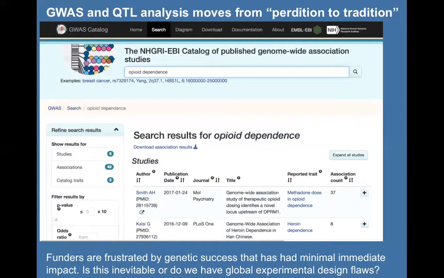And here I just flagged, for those of you who don't know about the NHGRI, European Bioinformatics Institute catalog, a lovely catalog where you can search for any term you're interested in and get a list of both studies and GWAS hits. So in this case, for opioid dependence, you can see there's a little button that says 49 associations. Those will usually be very precise associations with very low effect sizes, but the effect size